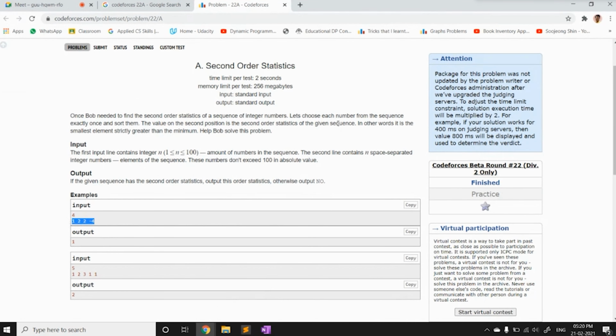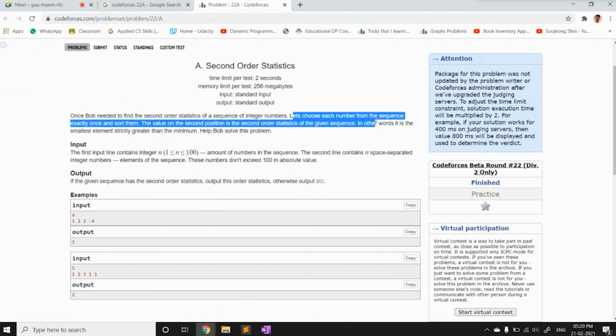We need to choose each number from the sequence exactly once and sort them. We need to choose unique numbers from this array and then sort them. So number one, we have to choose unique elements. Number two, we have to sort them. And then the value on the second position is the second order statistics of the given sequence.